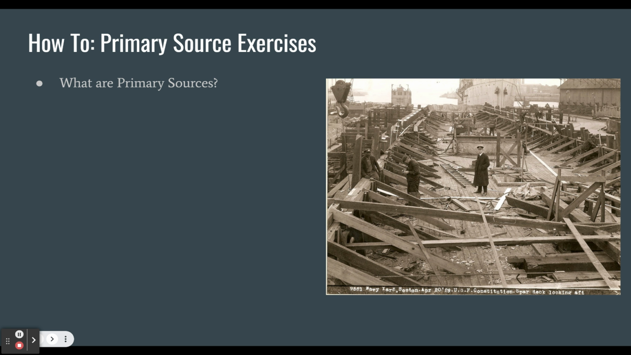Primary sources are what historians use to put together the narrative of the history that they are studying. So, primary sources are essentially any object or any item from the time period that we are studying. So, for example, let's say we were studying the 1920s, and specifically the 1920s jazz age,